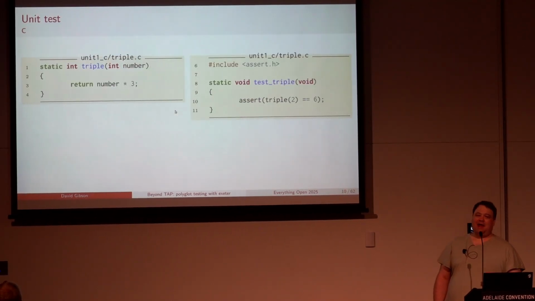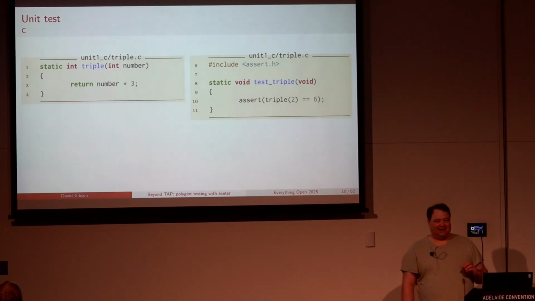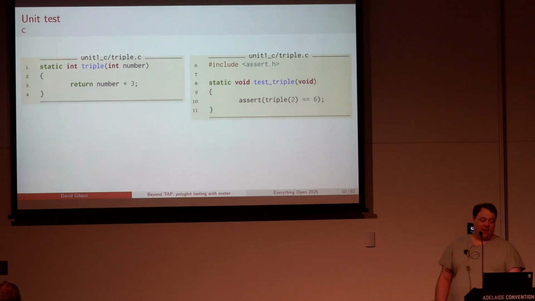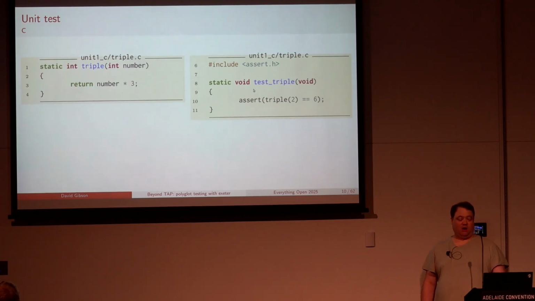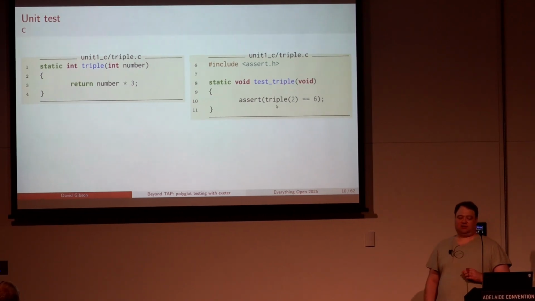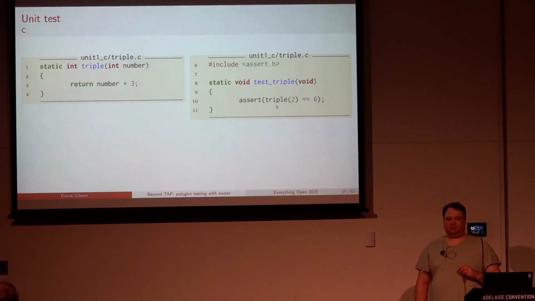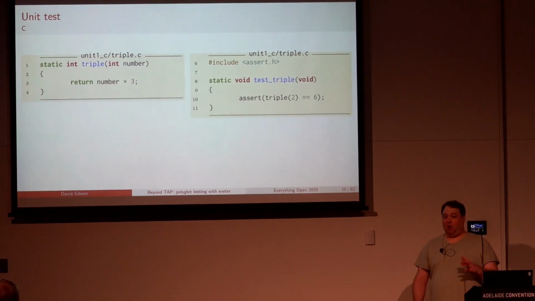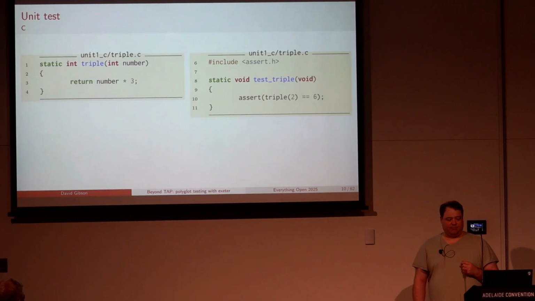All right, now let's get hard. Let's try and do this in C. So we can write our function easily enough, and we can write a function that tests it. We've put it in the same file here. So we have this test triple function, and it asserts that triple 2 is 6, and so that assert will just blow up if it's not true, and otherwise it'll pass through and nothing will happen. And we run this